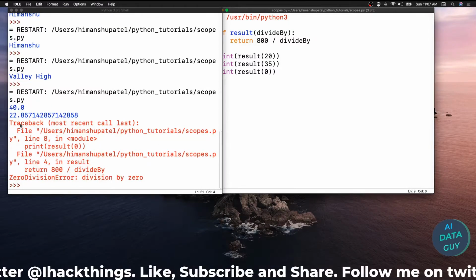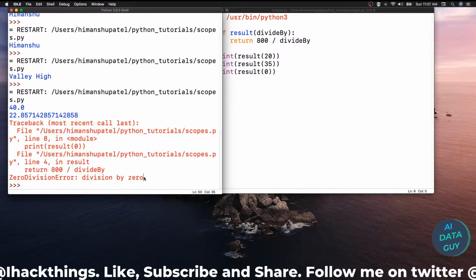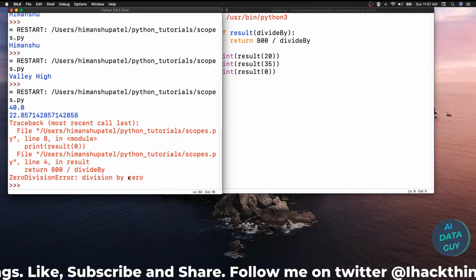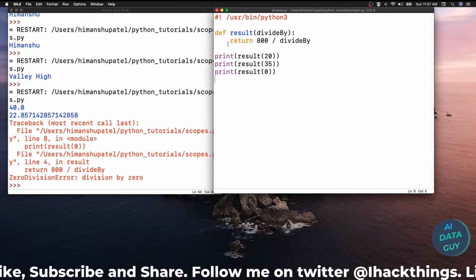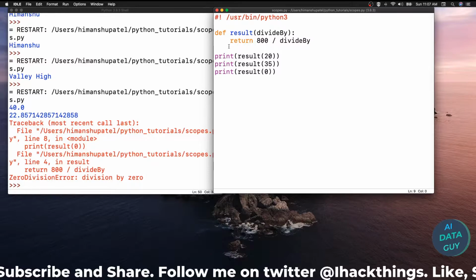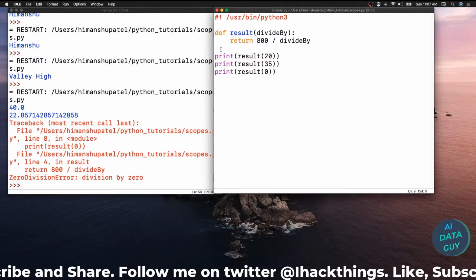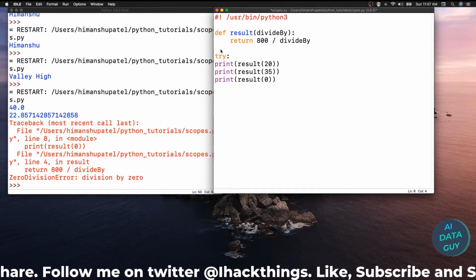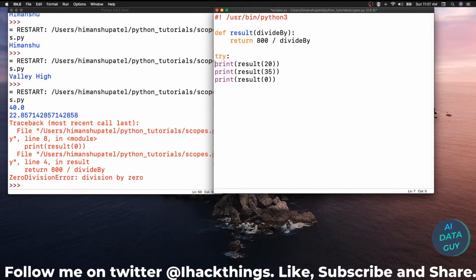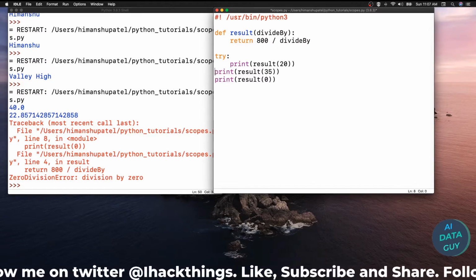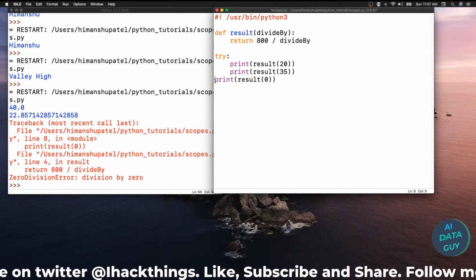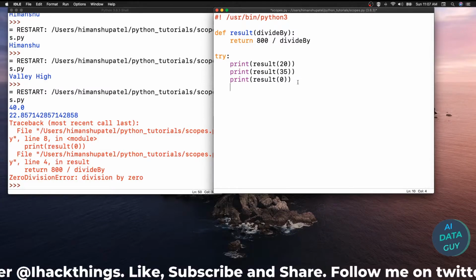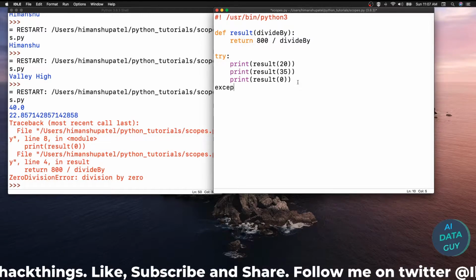Okay, see, here we got an exception. What we got is an exception error for zero division. Division by 0 is not possible. So just to handle these exceptions, we will try something. We will say try, because we are handling a statement. Try this or this or this, and if this is not right, I will say except